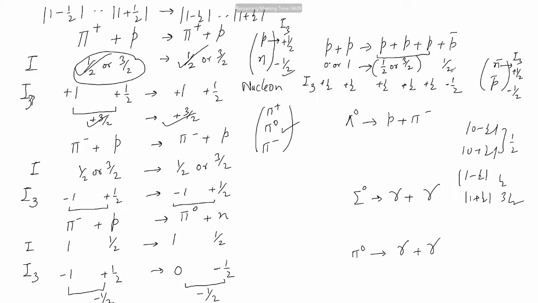The isotopic spin half. Now you see, the combination can be half minus half to half plus half, or 3 by 2 minus half to 3 by 2 plus half. Now tell me the result. What will be the possible values for the total isotopic spin for 4 particles in the final state? 0, 1, 1 by 2, 3 by 2, 5 by 2. Why 5 by 2? From where is 5 by 2 coming?